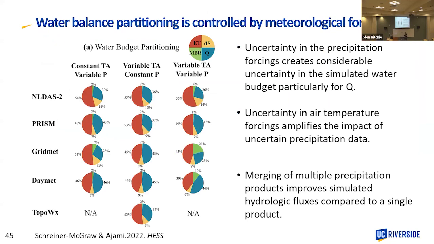I just want to emphasize that the uncertainty in precipitation products will influence the partitioning of the precipitation to various water balance factors, particularly runoff and ET. And if we add the uncertainty in precipitation and temperature together, this uncertainty is going to be higher. What is the solution? I don't have an answer. We need to have better meteorological products.